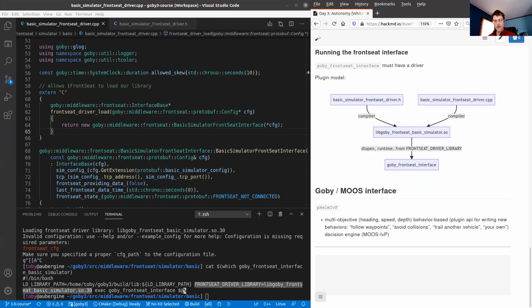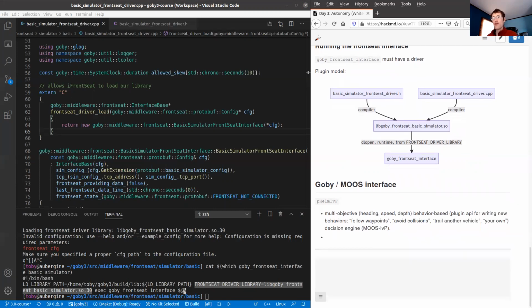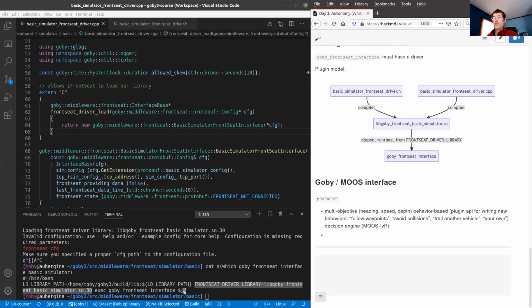And what the Helm does is take those behavior functions. Each behavior writes a function over all the domains it works on, and that can be nonlinear. It can be all kinds of weird shapes. The Helm takes several behaviors and solves to a single point decision over the objectives, like heading, speed, and depth, at every iteration, typically 1 hertz. So it's a pretty neat project, and it's pretty widely used in the marine autonomy world.